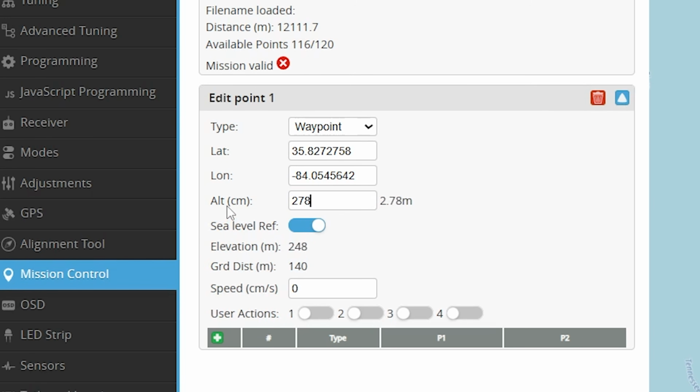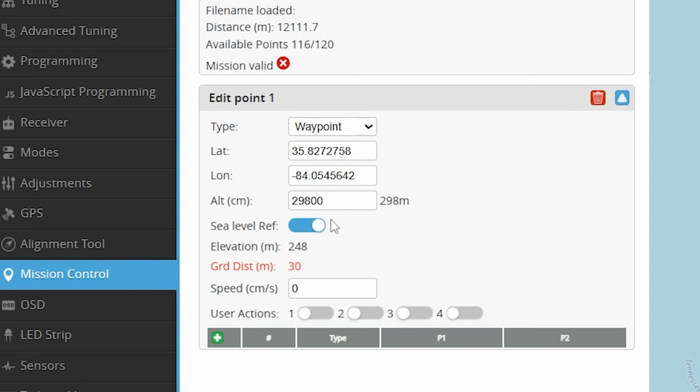And now the altitude is in centimeters, so that's actually 2.78 meters. So we'll just add 2 zeros, 278 meters. And now the height above ground is 30 meters, which iNav doesn't like. iNav wants you to be at least 50 meters above the ground. Okay, fine, 298 meters. And now, boom, we are 50 meters above the ground, and we will basically always do